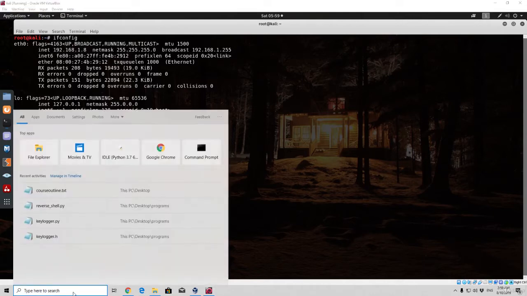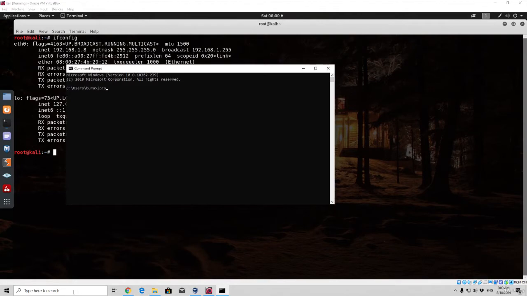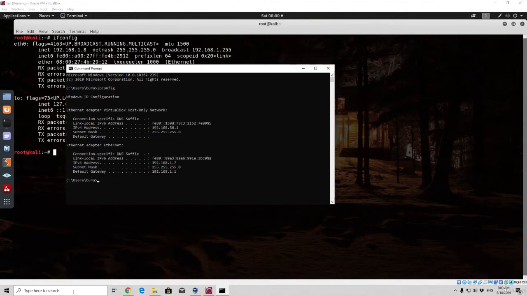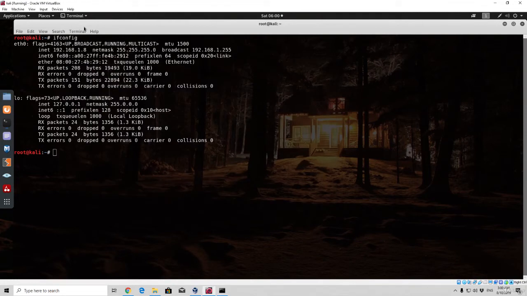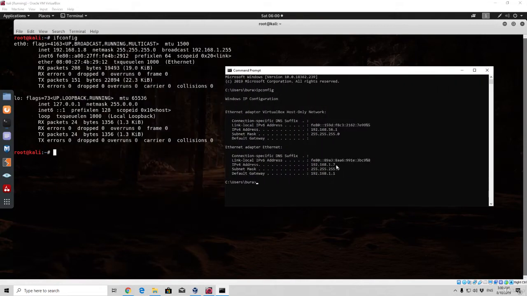As you can see, if I just open my normal machine and go to my command prompt, simply by typing cmd in the search bar and typing ipconfig. The difference between the Linux and Windows environment in this command is that in Windows you simply type ipconfig, and in Linux you type ifconfig. Okay, and the actual result will be the same. As we can see, the IP address of my Windows 10 machine is 192.168.1.7. And the actual gateway, or the IP address of my router through which the connections are coming from and going to, is